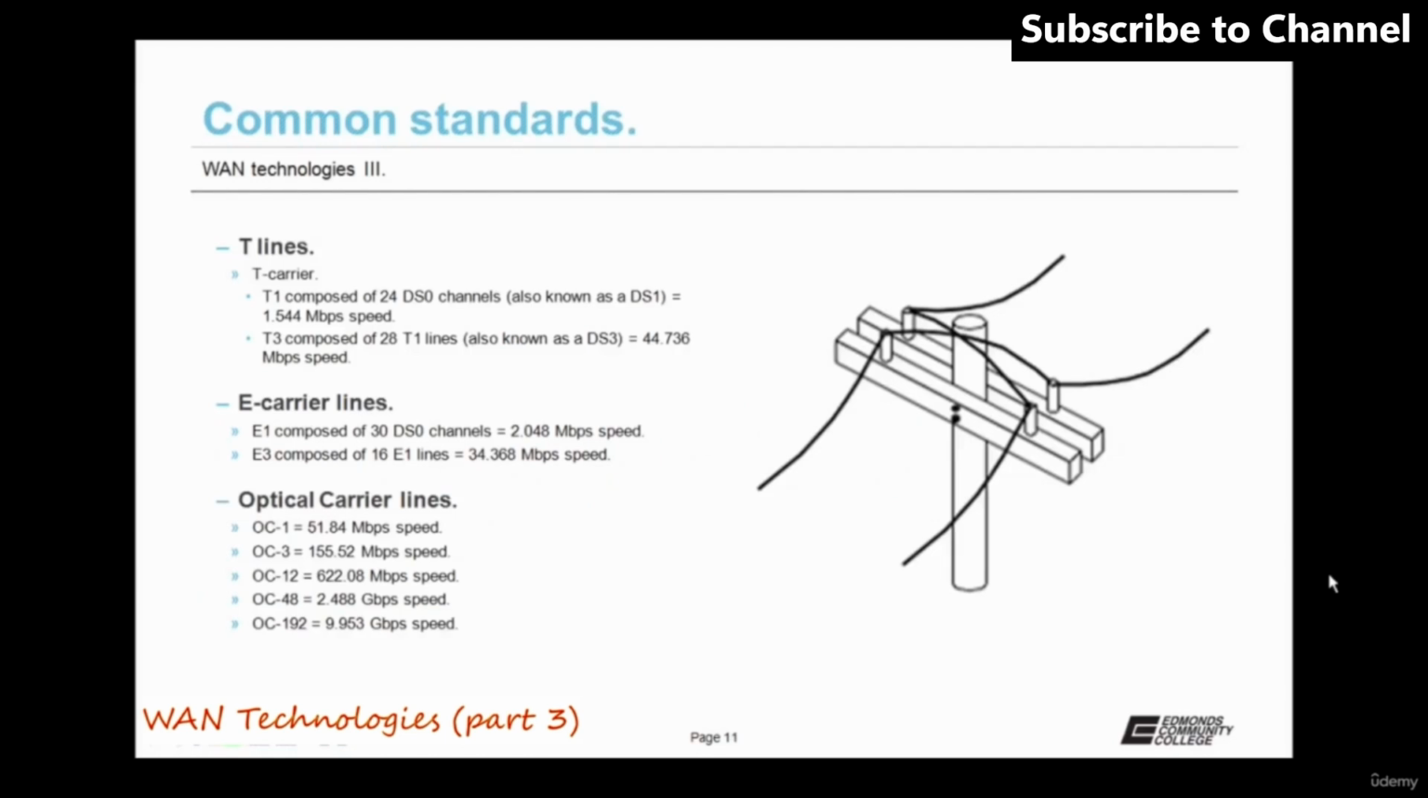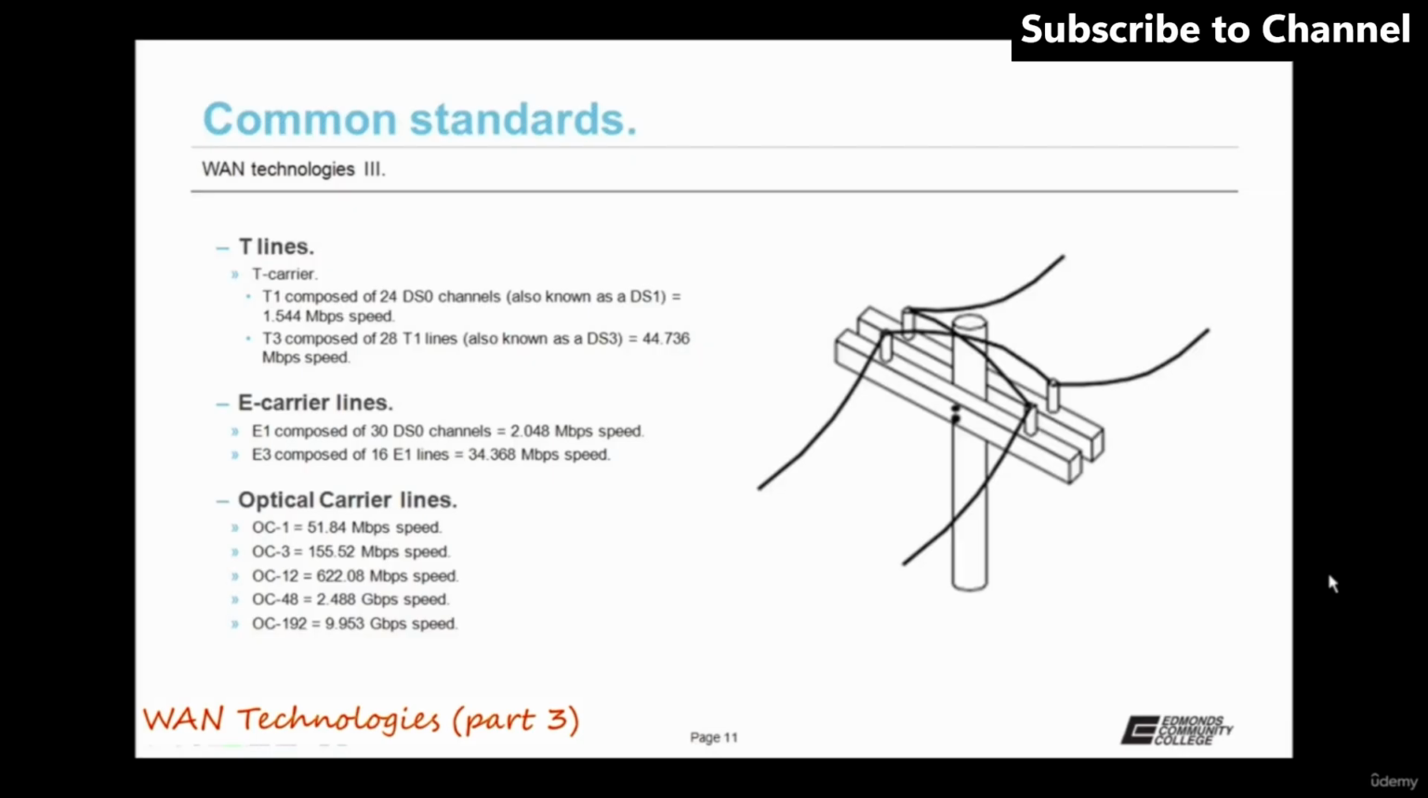The standards I'm going to be talking about are the speeds, and we begin with T-lines. A T1 is composed of 24 DS0 channels, which are also known as a DS1, and it's capable of achieving speeds of up to 1.544 megabits per second. If that's not fast enough for you, you can lease a T3 line. It's composed of 28 T1 lines. Now, a T3 line is also known as a DS3, and it can achieve speeds of up to